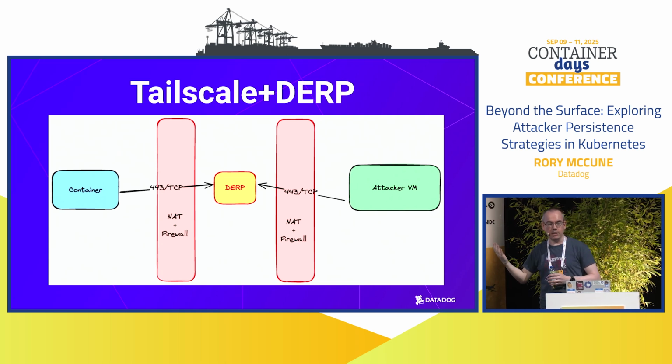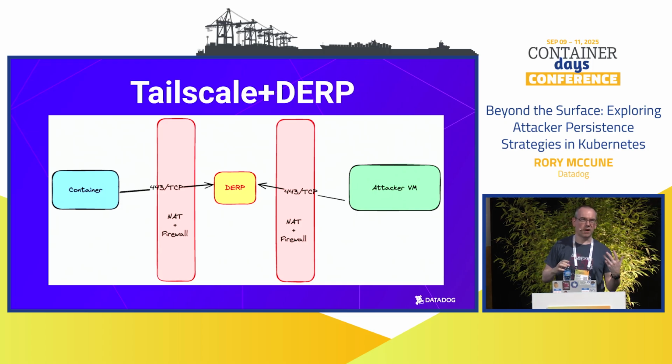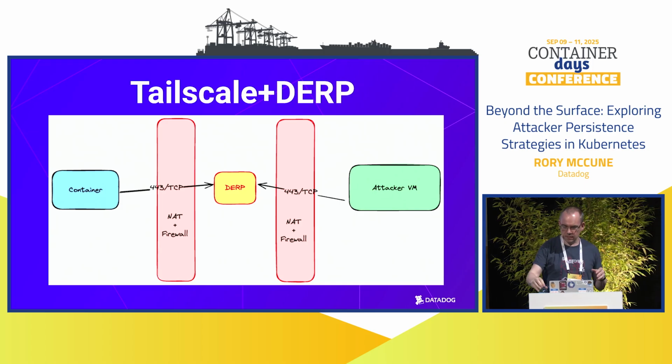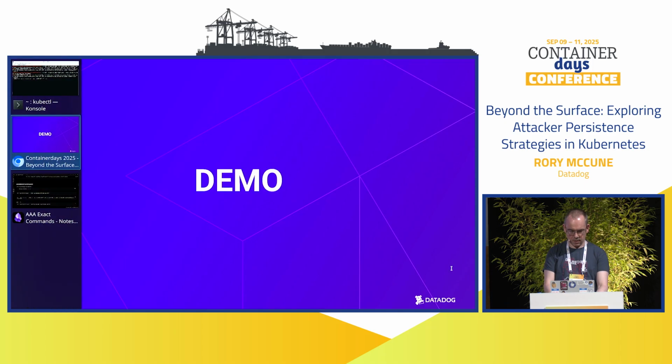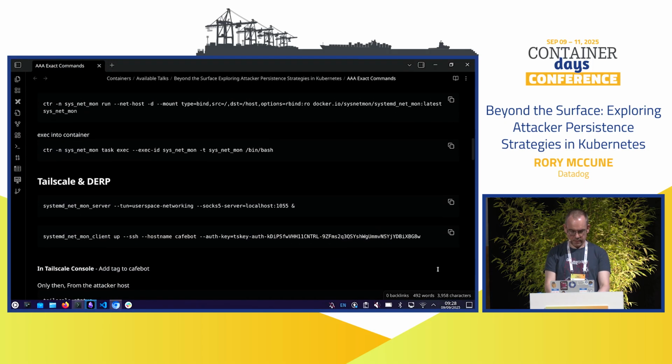So that part of Tailscale is really useful because essentially it means we don't have to worry about funny networking connections or firewalls in almost every case. But we can actually get it all set up. And there's a couple of other features of Tailscale which we'll talk about, which are also really useful. So where are we? Here.